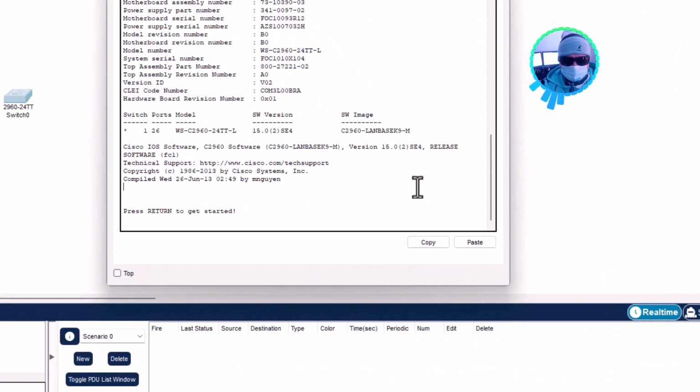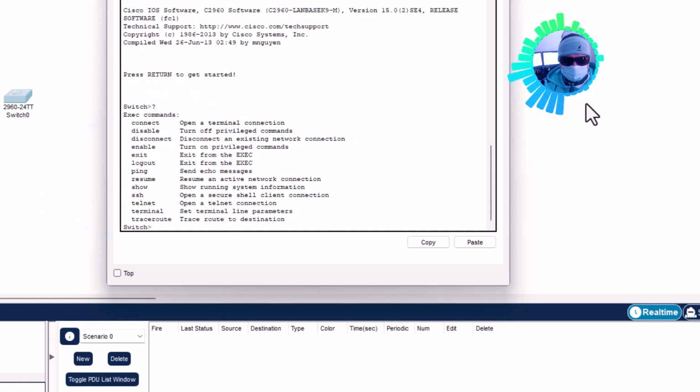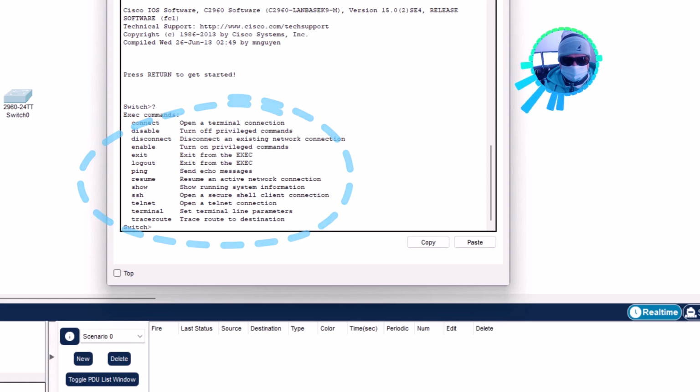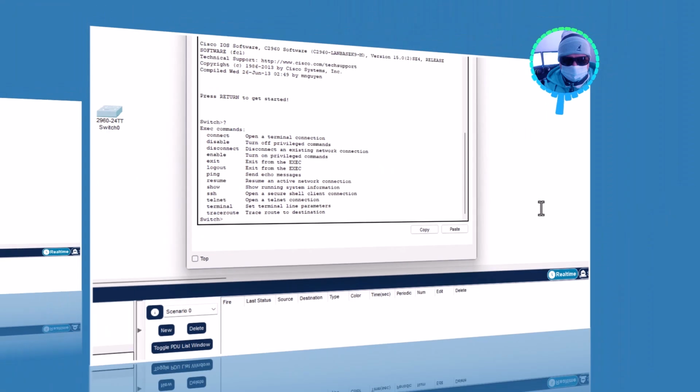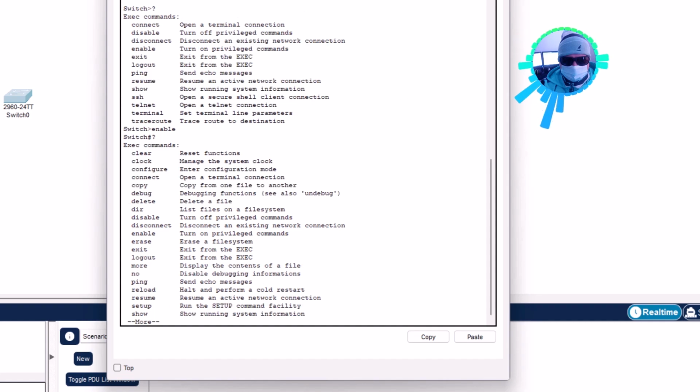In each mode of a Cisco device, you can easily find the available commands by pressing the question mark. This is a helpful tool that provides a list of valid commands for the current mode you're in. In user mode, typing question mark will show you basic commands, like viewing device status or configuration details. In privileged enable mode, pressing question mark gives you access to more advanced commands, including those for viewing logs and